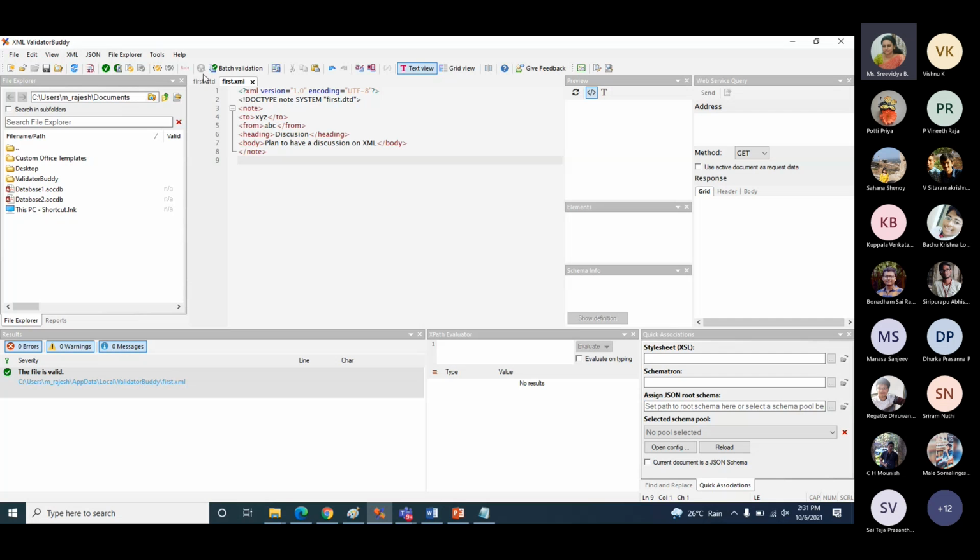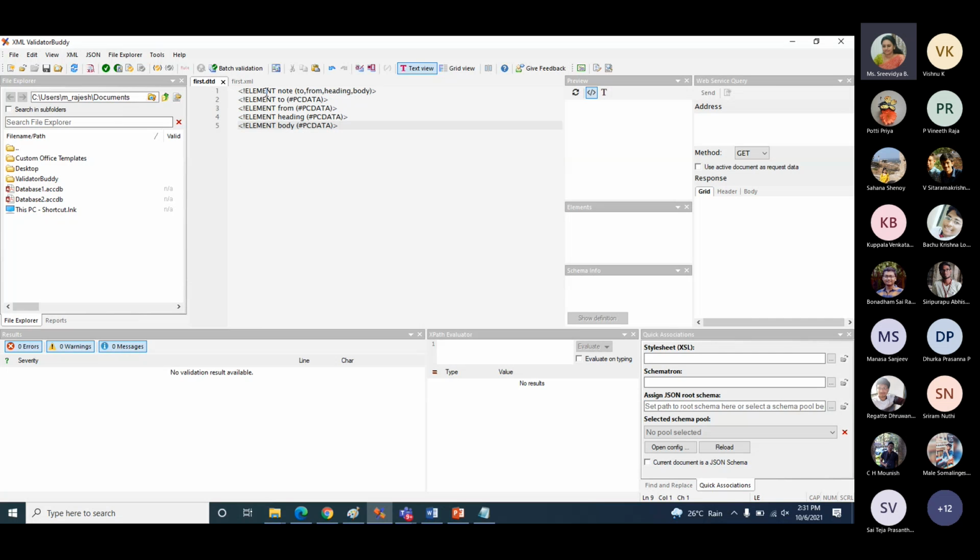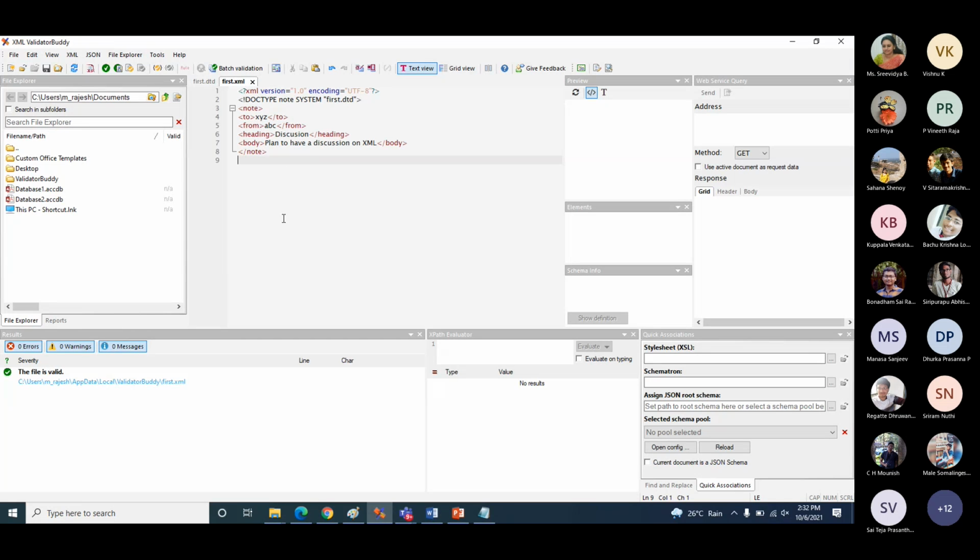Assume my company has given me a DTD saying that note, to, from, heading, body are the elements. Note is the root element. It contains to, from, heading and body once in that particular order. To, from, heading and body are parsed character data. With that knowledge, I prepared an XML document, and in it I said this document follows the DTD structure mentioned in first.dtd.